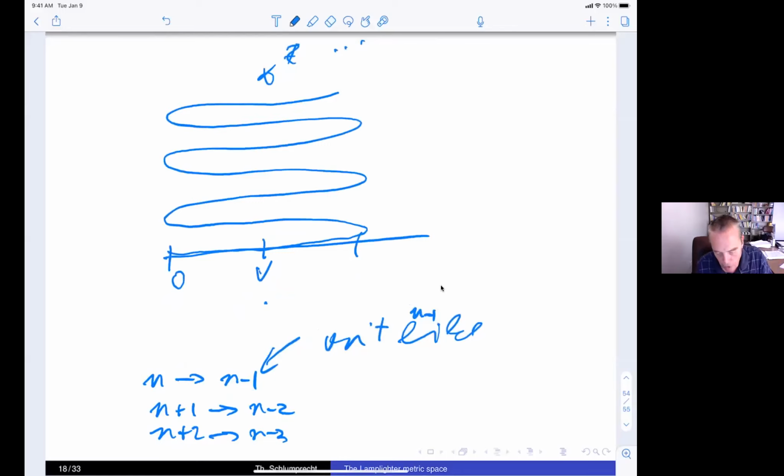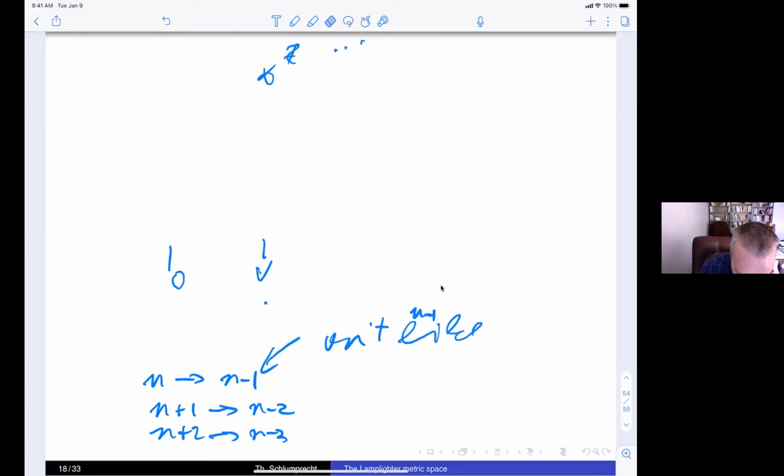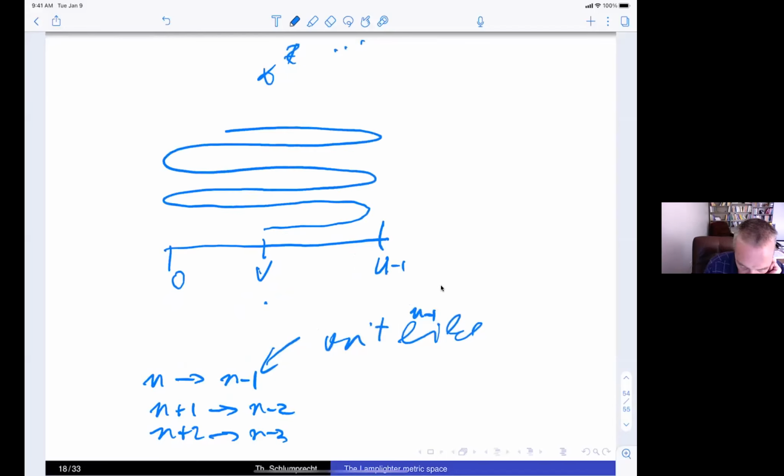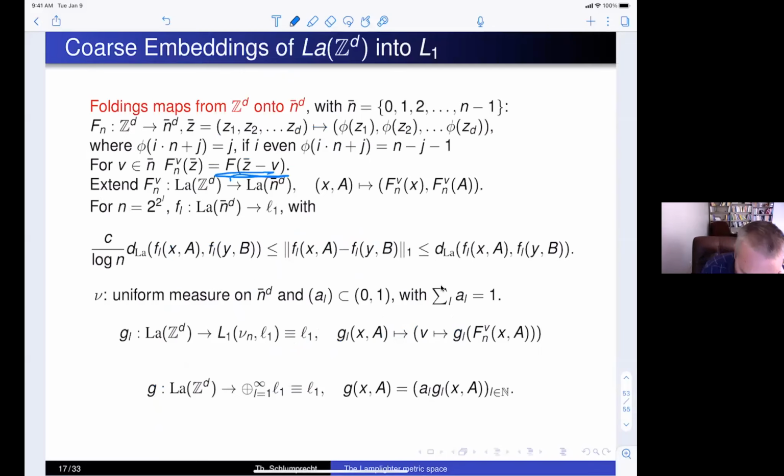So at least for many V's, I have injectivity. And then I will average over the V's. So this will be... well, actually, this is minus V. Okay, so I'm having now these